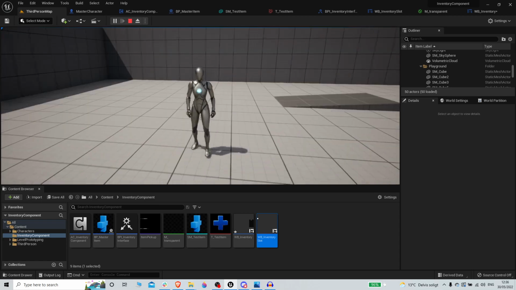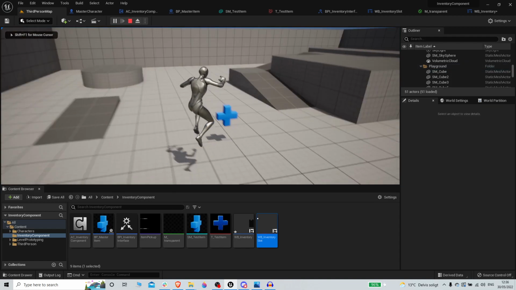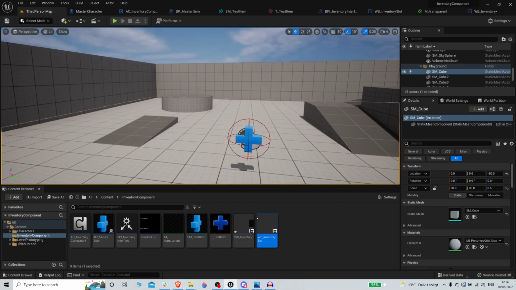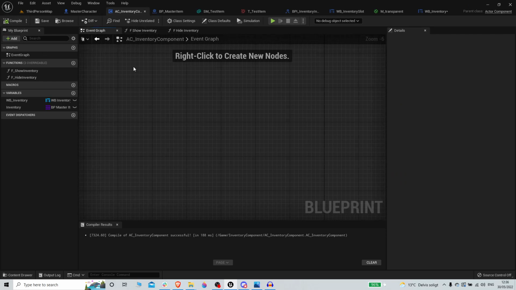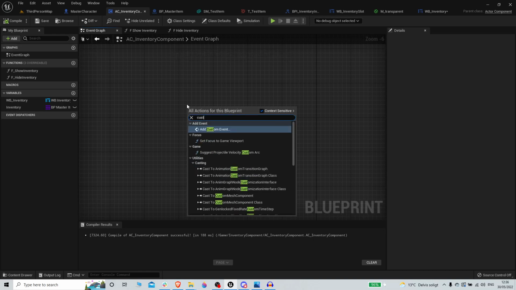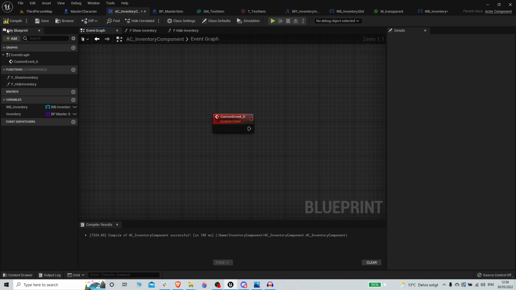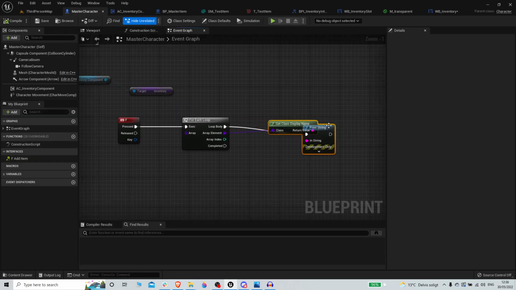Start adding stuff. First and foremost, I just want to make it a little bit nicer by giving us a pickup sound. So let's go into our inventory component, into the event graph. We can do a custom event. So what you could do, depending if you want to or not, in our master character, when we pick up an item,